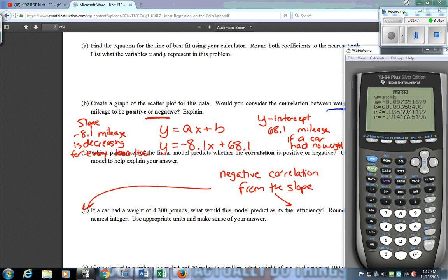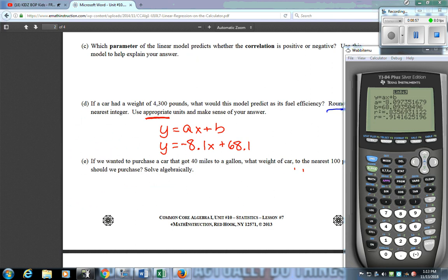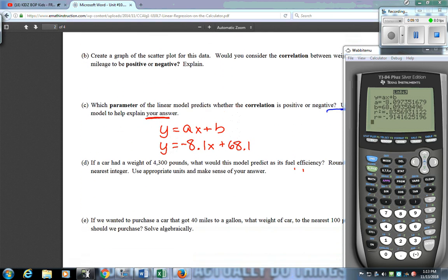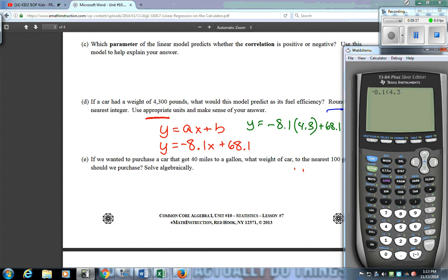And then for D and E, I'm going to move this up and I'm going to erase some of the stuff that I already wrote. I'm going to leave the equation because the equation we're going to need for this. So it said if a car had a weight of 4,300 pounds. Okay, so going back up to my table, they have those in a decimal form. So I can't put 4,300 in, but I can put in 4.3, which would be equivalent to that. So if I do negative 8.1 times 4.3 plus 68.1, I could figure out what the fuel efficiency is going to be, which is the y value, by typing that into the equation. So I got negative 8.1 parentheses, so based on that, and it said round answer to the nearest integer. So that would mean that if I had that much weight, I would expect to get 33 miles per